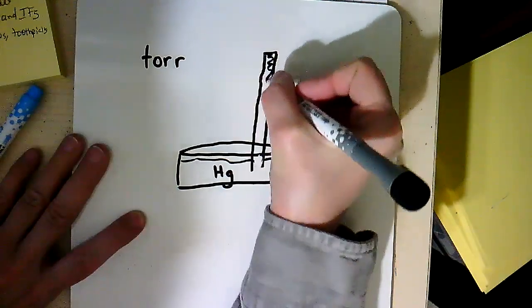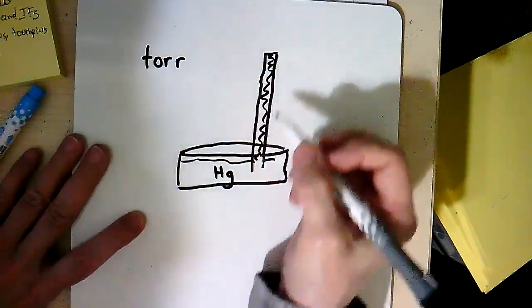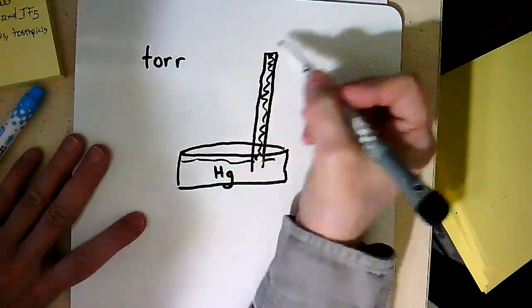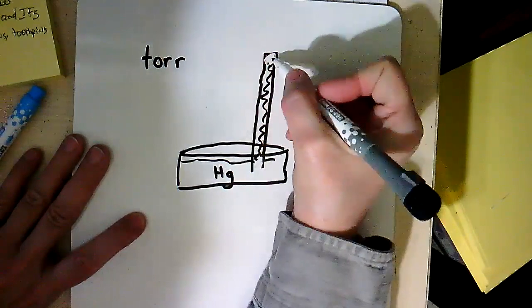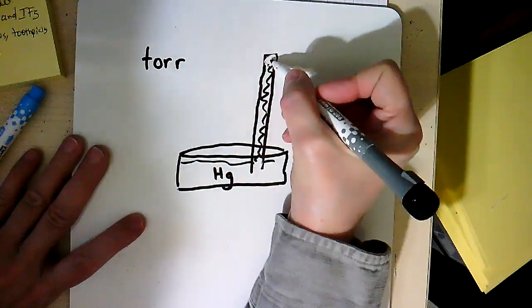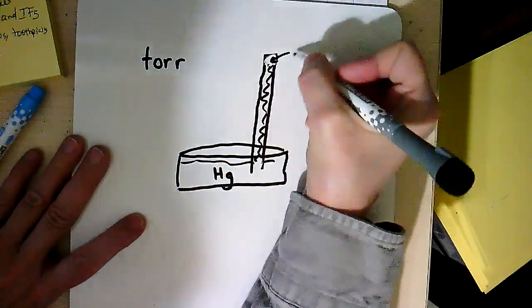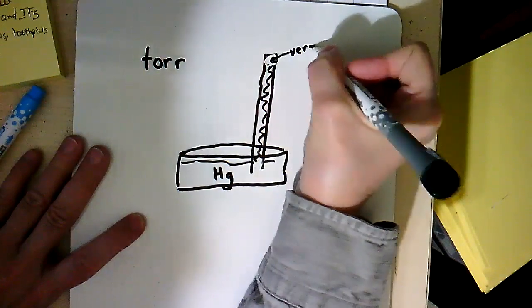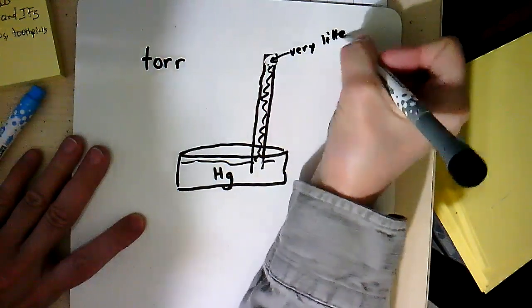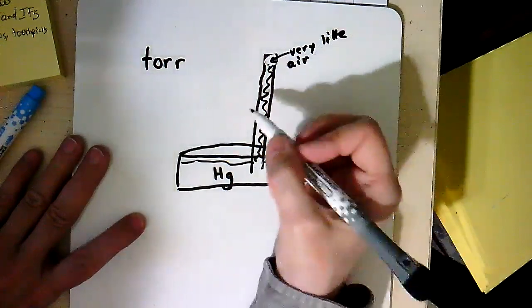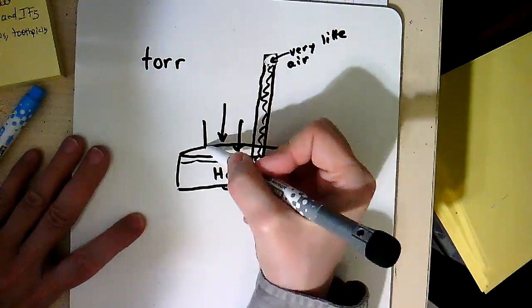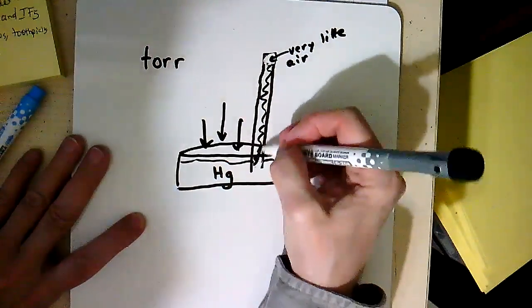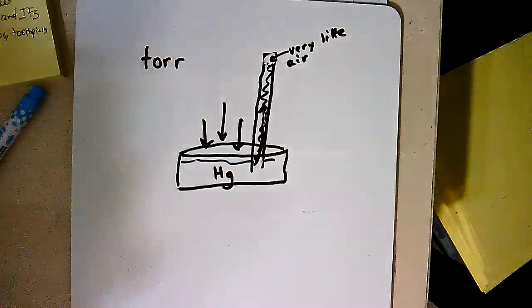So it was filled with mercury, and there was almost a vacuum at the top of it. Not much air here, very little pressure, very little air. But the atmospheric pressure presses down on this pool of mercury and causes the mercury inside the tube to rise